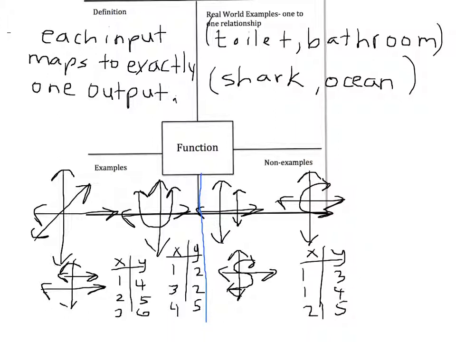The definition they seem to get when you're going through, and we had some real-world examples of one-to-one relationships, and we just talked about real-world examples like the snack machine that wasn't a function. But the one thing in the Frayer model that I think is very helpful with the function Frayer model is examples and non-examples. Clarifying, like in the examples, that a horizontal line is a function,